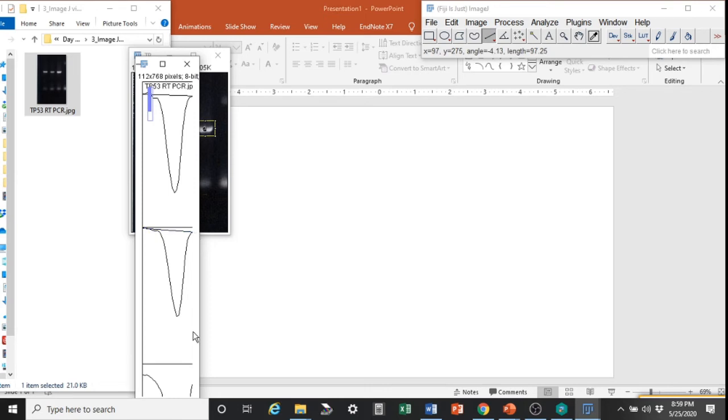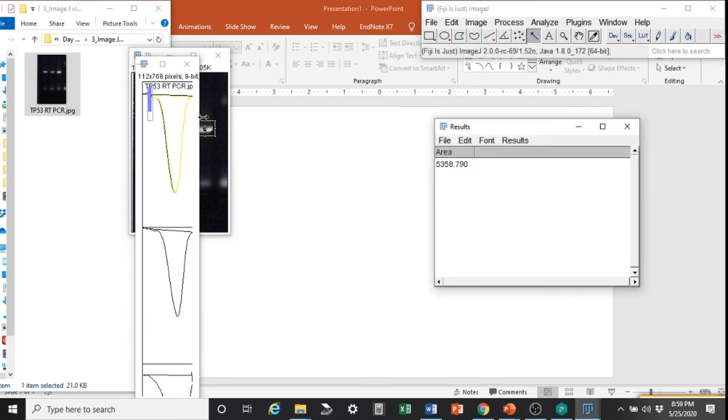Because we want to look at the intensity of this particular value. So here again, I will draw a straight line and then I will make another line to join the valley. So now that is done. Now I want to look at the intensity of this valley. Next what I'll do is I will click on this wand command and I'll click inside the valley. So you are getting the quantitation of the valley. So the value is 5358. Again the next one 4515 and the next one 8522.